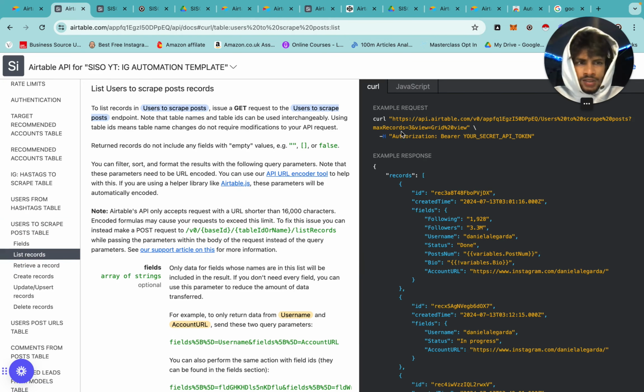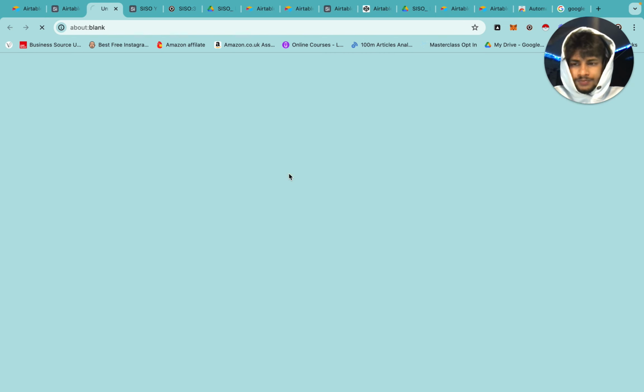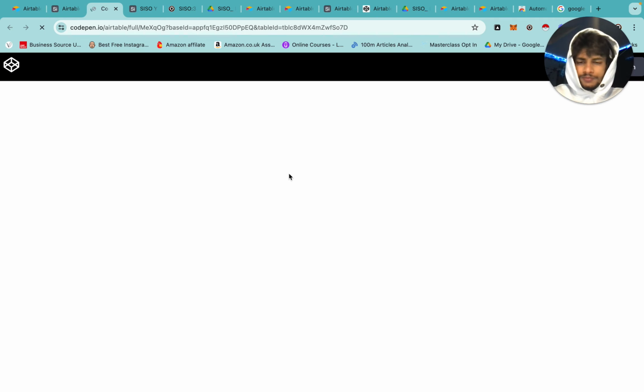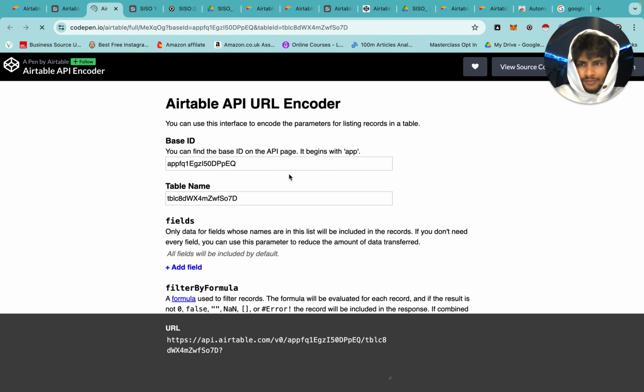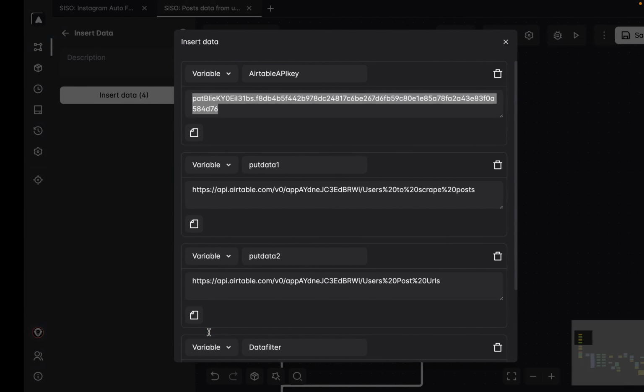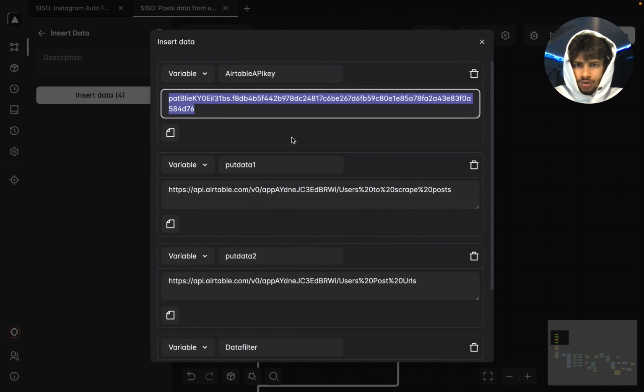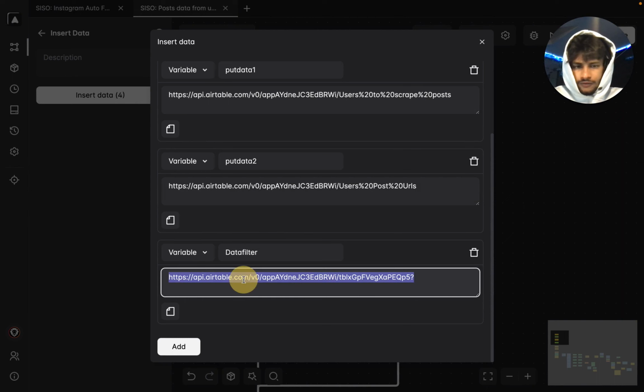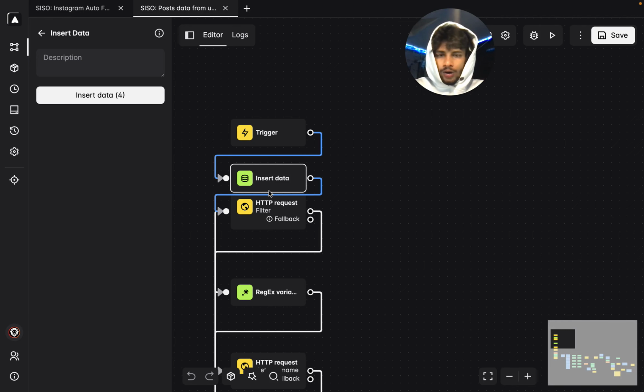Okay, it has its data now. It was just in that section. So we want to go to the users to scrape post table, and we want to go to list records. And this is going to be getting the filter URL. So we want to copy and paste this URL and put it over in the data filter section. Okay, so we want to put that data filter